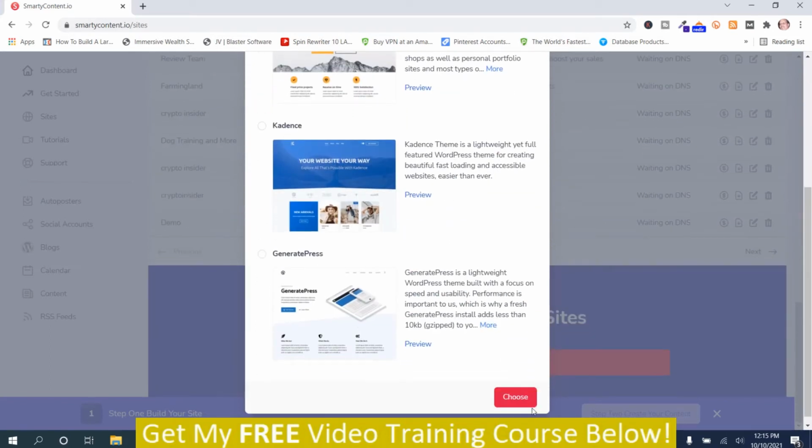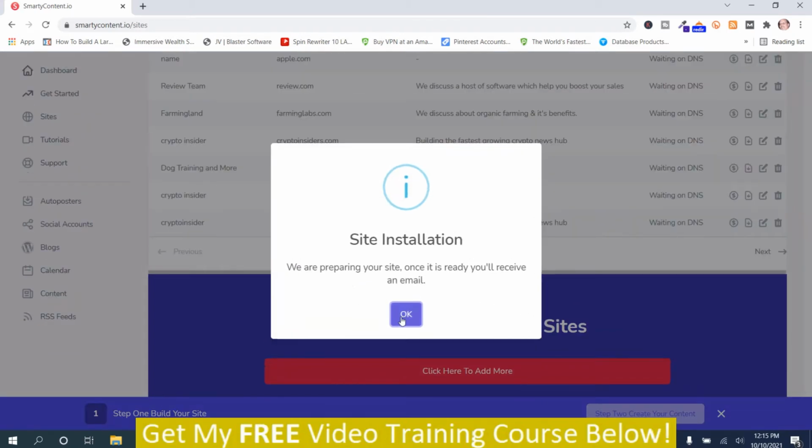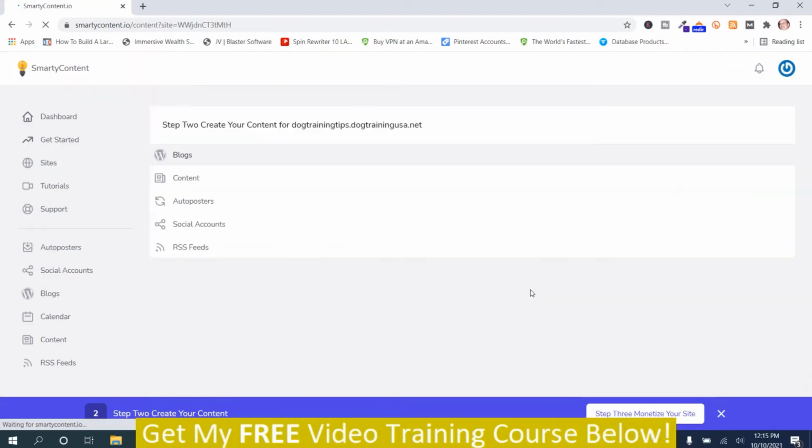And I go down here and I push choose, and then I save. Now I'm going to have to fade out because it takes a little while for this to set up, and it takes you here to your different options. And I'm just going to go back to the dashboard, because right down here you go to step 2, and that's where you monetize your site. But I really can't monetize the site until it's set up. So I'm going to go back to the dashboard